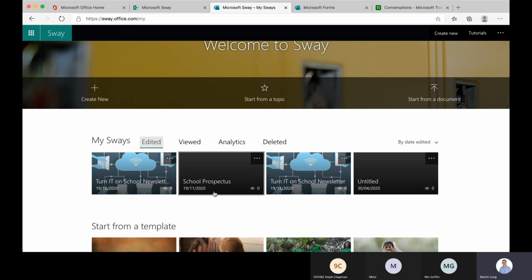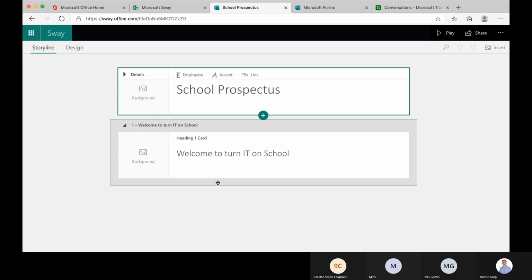So I'm going to go over to the editor section, and let's just dive right in and have a look at how we make one. So we could press new, but I started one a little while before. And you end up with cards. So the storyline is where you build up the flow of your Sway, and here you've got cards that drop in. So each of these rectangles are referred to as a card, and you'll start off with a header card